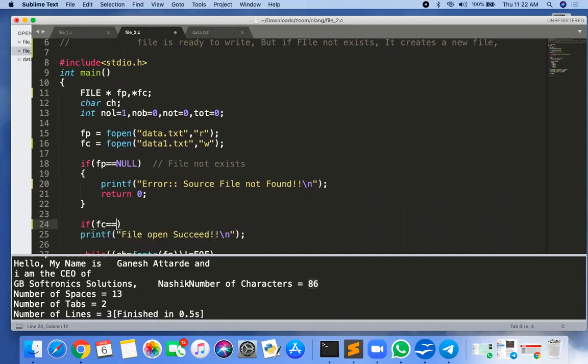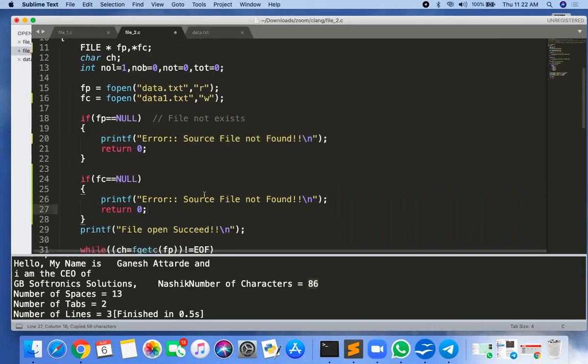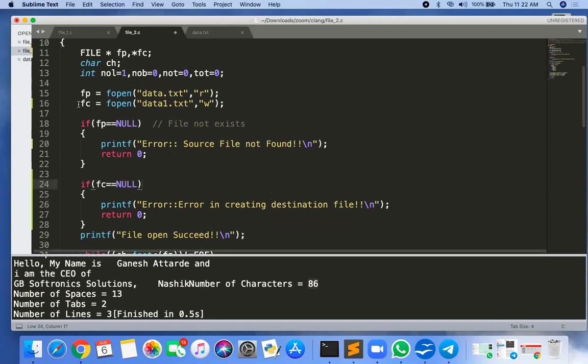So if fc equal to null, then the same thing I'm doing: destination file error in creating destination file. Okay, so in what case will you get fc equal to null?